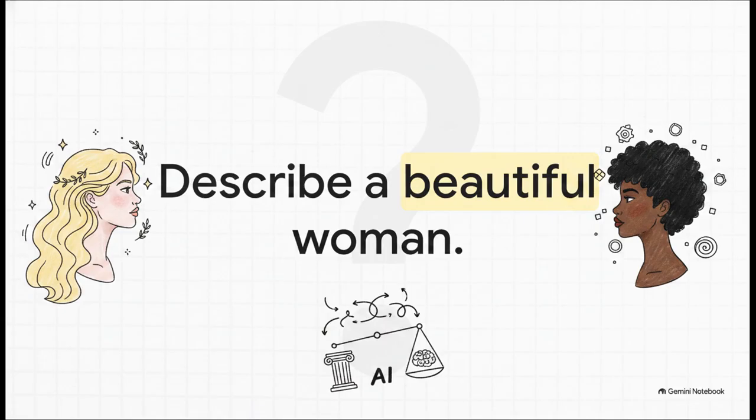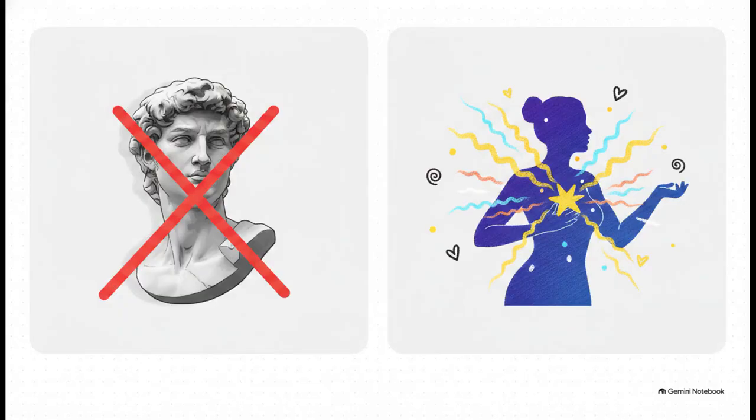Let's actually look at this cultural conditioning in action. We gave the AI a super open-ended task: describe a beautiful woman. If the AI relies strictly on traditional Eurocentric training data found in classical epics, you'd absolutely expect a description heavily focused on fair skin or blonde hair. But instead of those Eurocentric physical features, like skin described as marble or whatever, the AI beautifully pivots. It ignores physical body shaming and skin color metrics entirely. Instead, it focuses on a captivating inner spirit, confidence, kindness, and quiet poise.